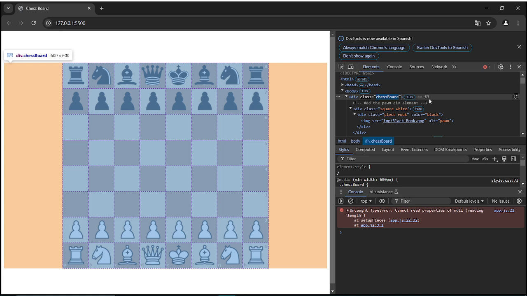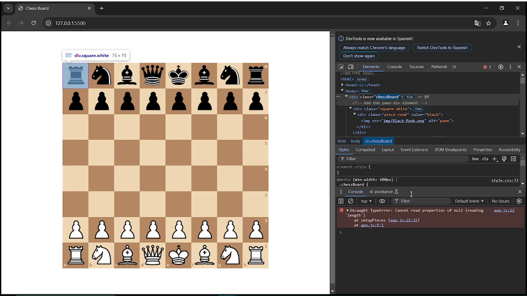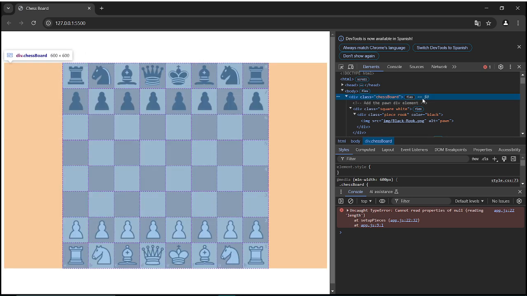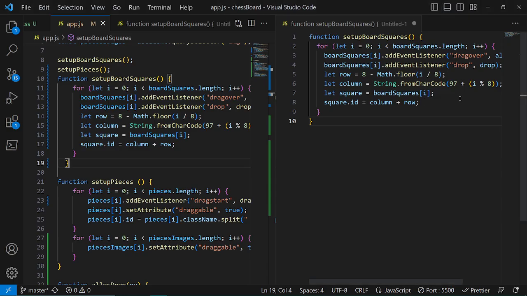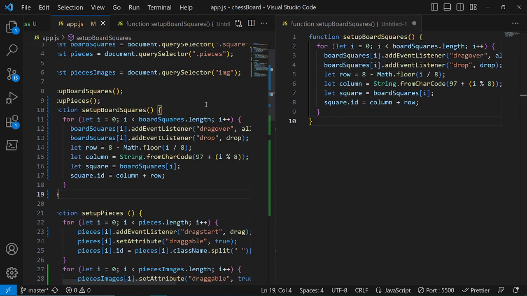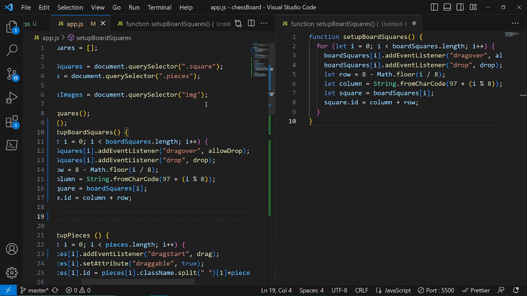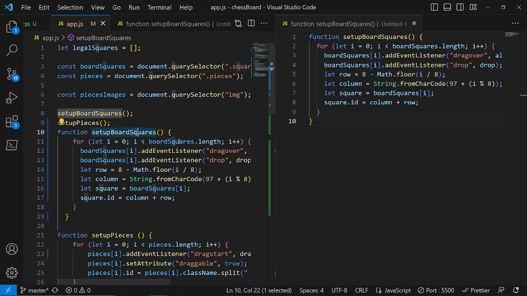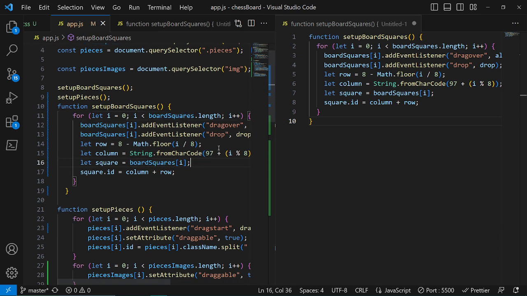Okay, look, the problem here now is that the word has another name. I mean, board squares, Draco, where's the